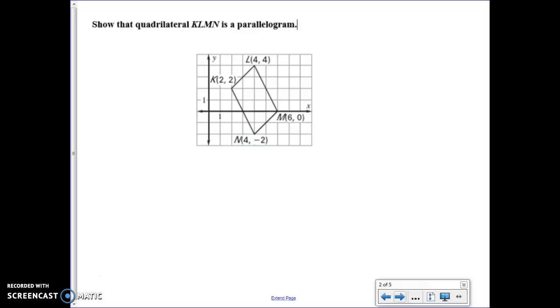We're going to try this out with 4 of the methods. We're going to work through the same problem in multiple different ways. So you're going to be doing different work to manipulate on this problem. The first way I want to show is that both pairs of opposite sides are congruent. So our method that we're going to show this time is show both pairs